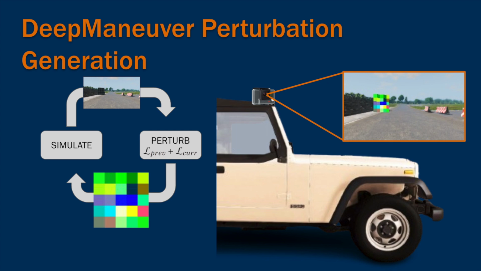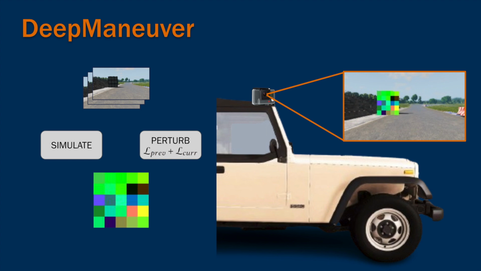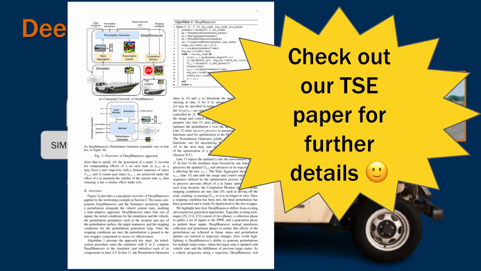So, at this initial stage, L-prev is nothing, and L-cur is optimizing the perturbation for the current image, weighted by the size of the billboard in the image, which is a function of distance. As the vehicle advances and the perturbation is optimized for more and more states, the compounding effects of the perturbation are taken into account as the vehicle drifts out of phase with safe driving. So we have a perturbation, this patch at the bottom left of the slide, that is refined to fit the distribution shift. For more details, I encourage you to check out our TSE paper.